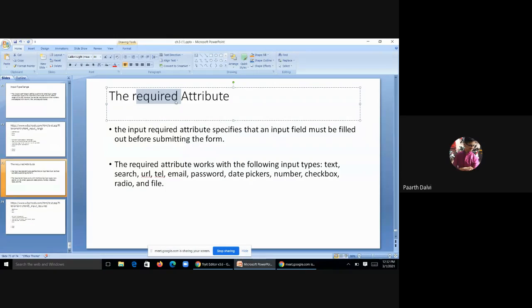Yes, ma'am. When it is important, it is marked with an asterisk. Mandatory. So required means what? It is compulsory. If you do not fill it and you try to submit, it will not submit the form. Why? Because it is considered a required element or a required attribute. So we can have such required attributes in our form also. It is not necessary that it can be only on the text box or radio button or checkbox. You can apply it on whatever you have studied up till now.